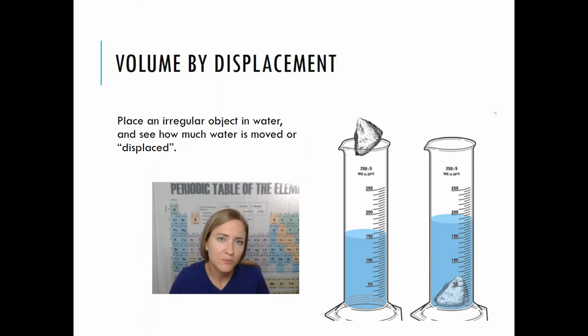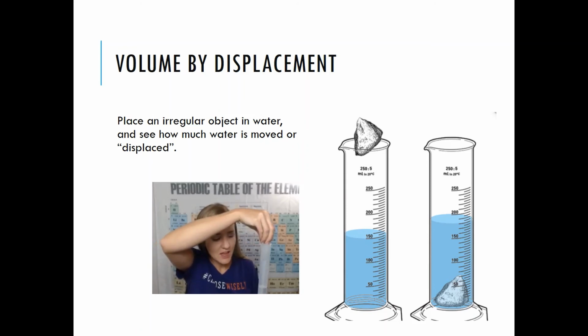Sometimes you'll have an object that's irregularly shaped. It doesn't have a definite length, width, and height to measure volume. So we can use something called volume by displacement, meaning I can take a known substance like water, like I have here in my graduated cylinder, and I can take something such as these metal pieces. I've got some thumbtacks. I can take a known amount of these pieces of metal, measure their mass first, and then as I put them in the graduated cylinder, if I can get them in there,